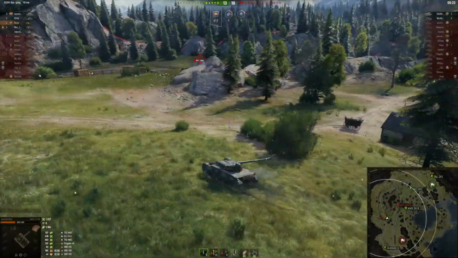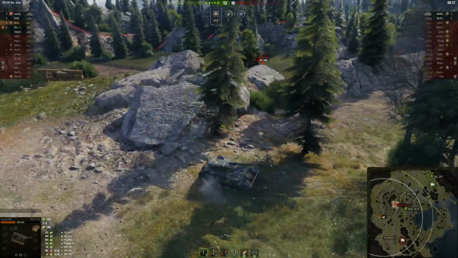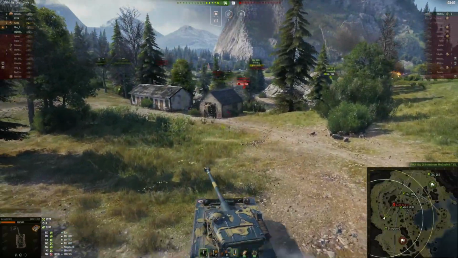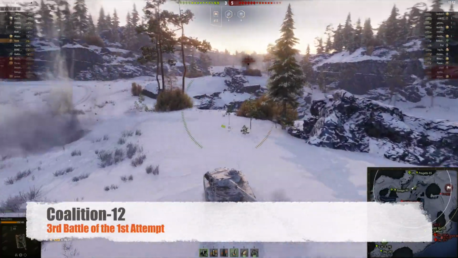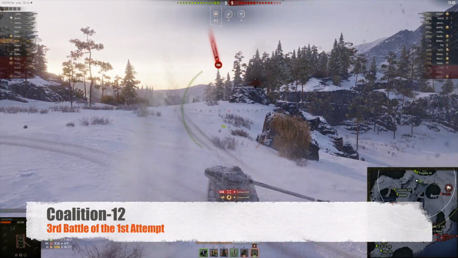I was able to light up this T-30. He was far enough for anybody else. He was low enough. My team was where they needed to be to kill him, and then I tried to track this AMX down below, but I just couldn't get the tracking shot before the enemy or before my team killed him. Now, on the second match, I got 1 additional kill, but on the third match here,